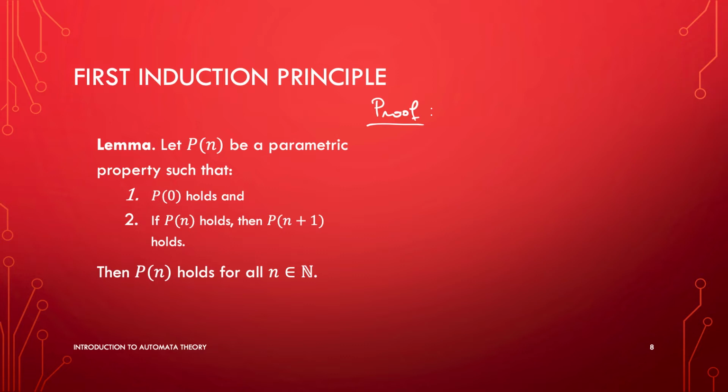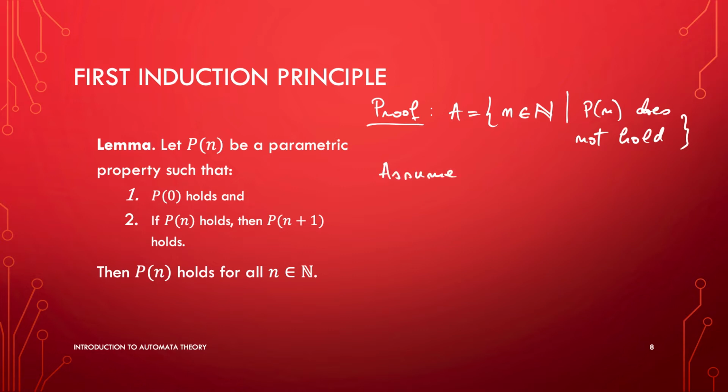I'm going to deal with the property satisfying condition 1 and condition 2, and I'm going to define set A to be all those natural numbers where my property P doesn't hold. And the aim is going to be to show that A is empty. If it's empty, then it means that our property holds everywhere. But I'm going to assume the contrary and show you that I'm going to get to a contradiction. So I'm going to assume that A is non-empty,